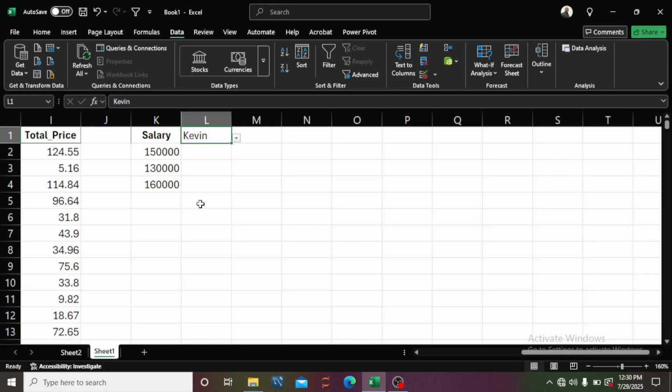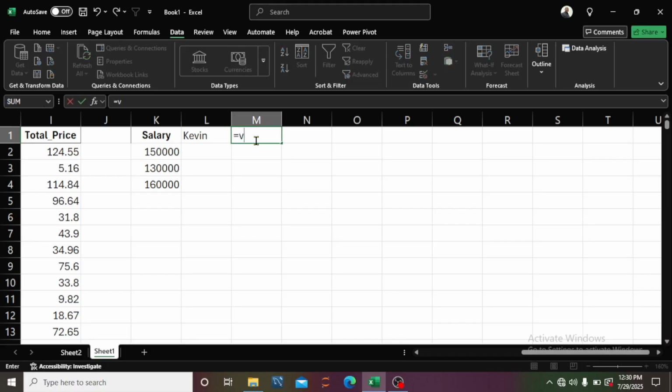I actually did it with VLOOKUP, XLOOKUP, and HLOOKUP the last time. So it helps you to easily get out the value you are looking for. So if I were to condition a VLOOKUP or HLOOKUP, I'll just go down here and also write equal to VLOOKUP. Well, let me just use XLOOKUP since it's faster. XLOOKUP, lookup value will be this cell here, then comma, and then lookup array will be that server